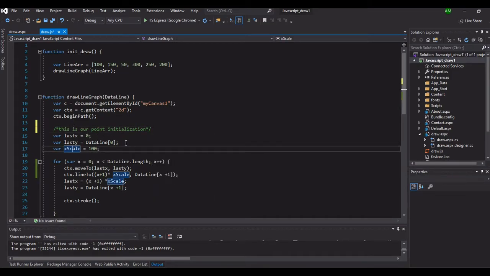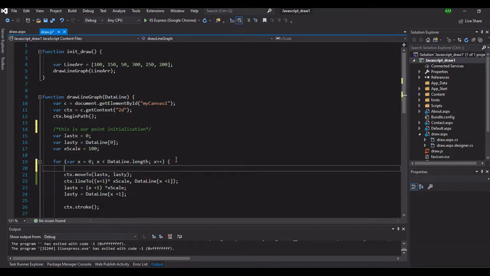So we initialize our point. We have our x values, and we have also our last y value to be initialized with our x 0, and then our y with data line 0. As in our array here, line array, we initialize in our function initDraw. Then we call the drawn line graph line array. So this is the first initialized value and last y. And then we add some scale x, because if we do not add a scalar of the x, when we increment the x, it is only 1 pixel, so the graph would not be drawn properly. So then we create a loop, and then we put some